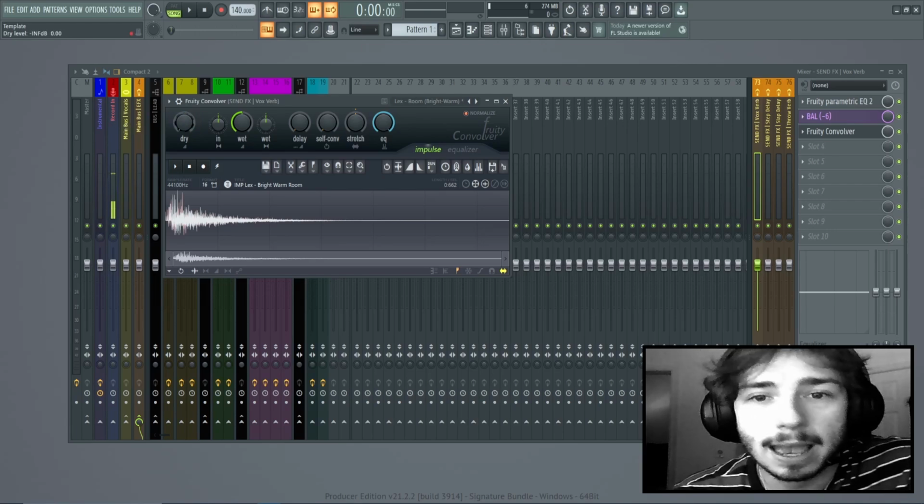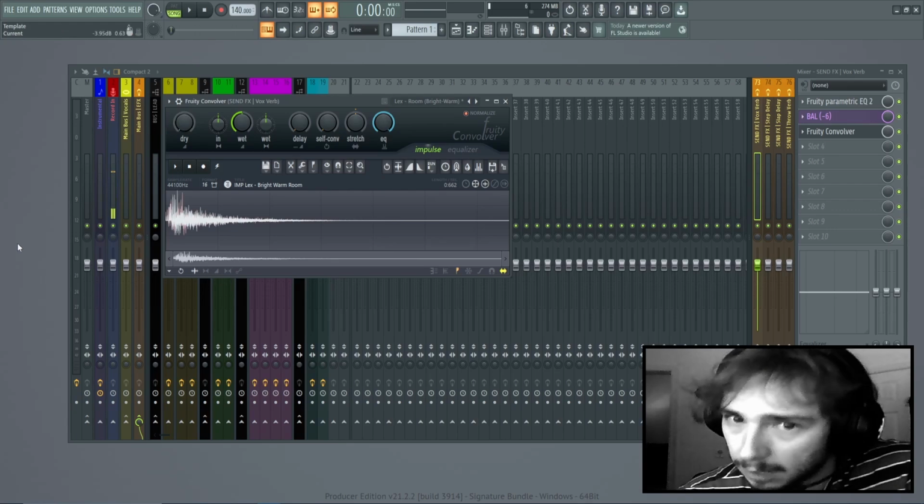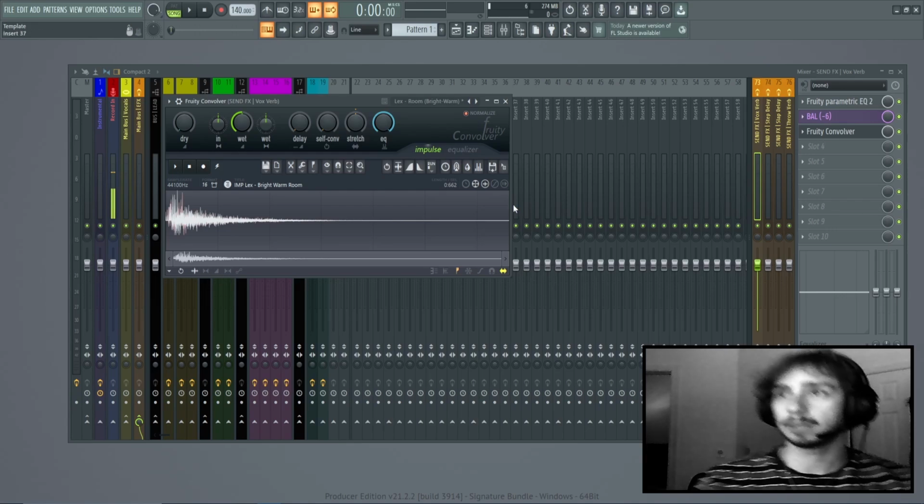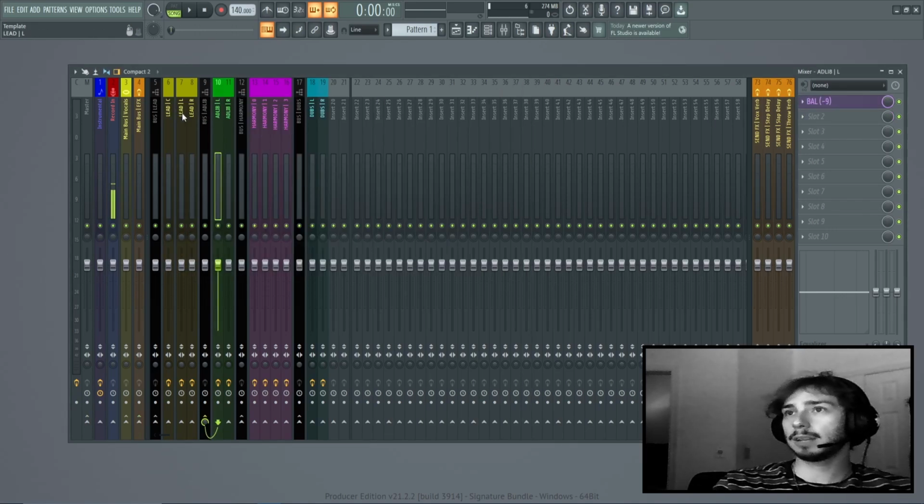But what's most important, and this is the most important part about using send effects, is this dry knob has to be off. It has to be off. We only want the wet signal. We only want the affected signal. We don't want the original signal coming in. So what this will sound like now is, let's take